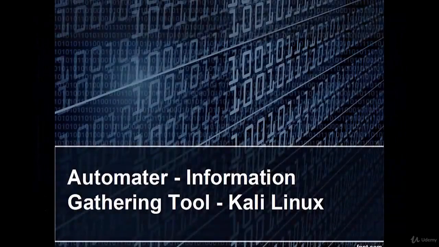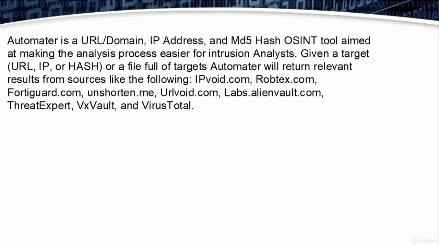Welcome, in this video we are going to learn Automator. It's an information gathering tool in Linux. Automator is a URL, IP address and MD5 hash OSINT tool aimed at making the analysis process easier for intrusion analysts. Given a target or a file full of targets, Automator will return relevant results from sources like the following: